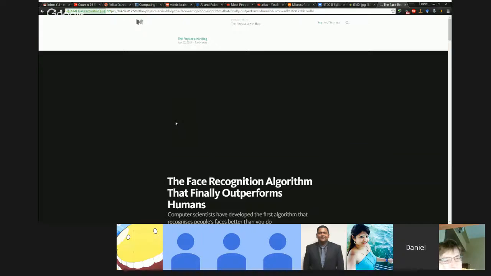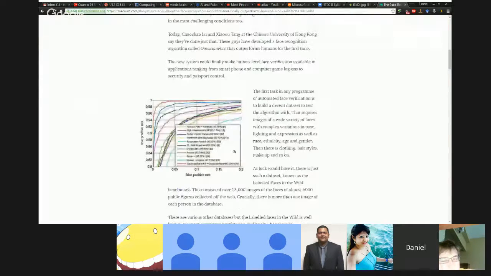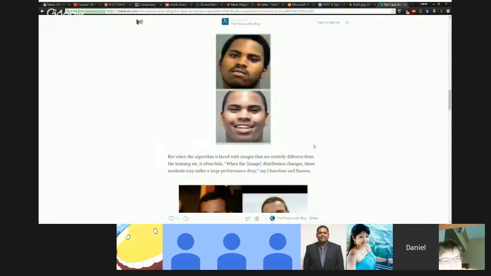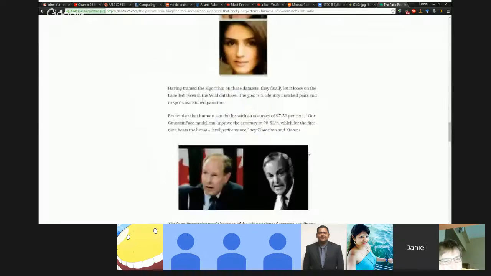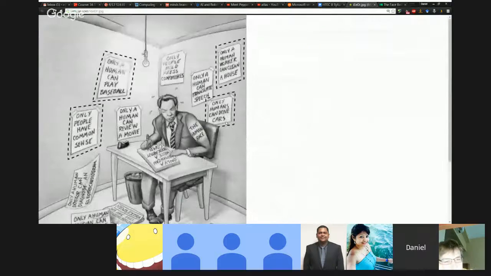This happened in 2014, that we started building algorithms that can outperform humans in detecting faces, that a computer is better than a human at recognizing the same person across multiple pictures. It's only within the last few years that computers have passed us in these respects. And there's still some things that maybe only human beings can do. Only a human being can play soccer. But these things are getting ticked off the list very quickly.